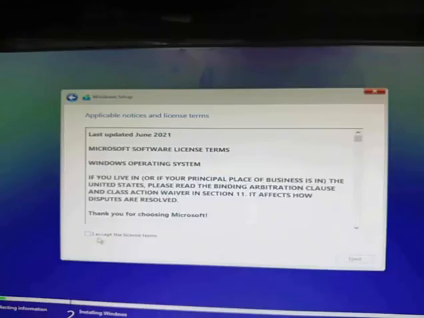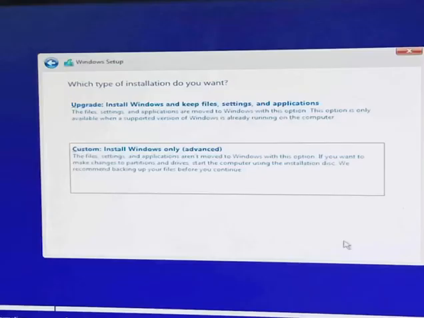And if you get to this screen where you need to select a version of Windows 10, you always need to select a version without the N. So I'm going to go ahead and select Windows 10 Pro, then click on Next, then click on this checkbox to accept the terms. Click on Next, and once you get to this screen, you want to click on Custom,